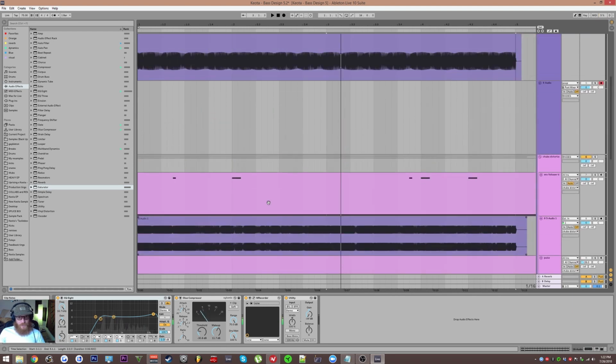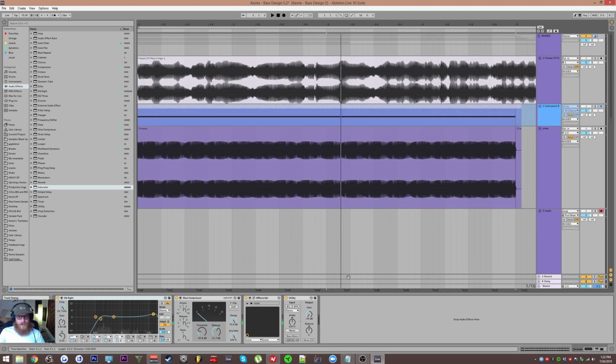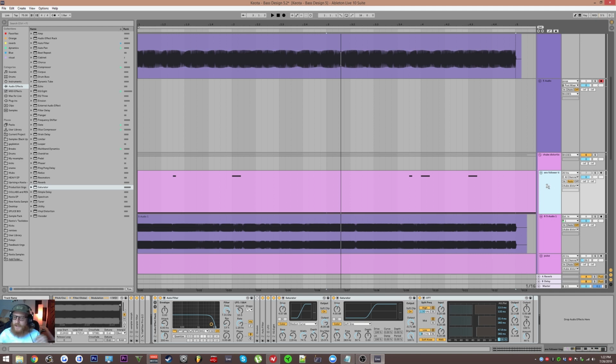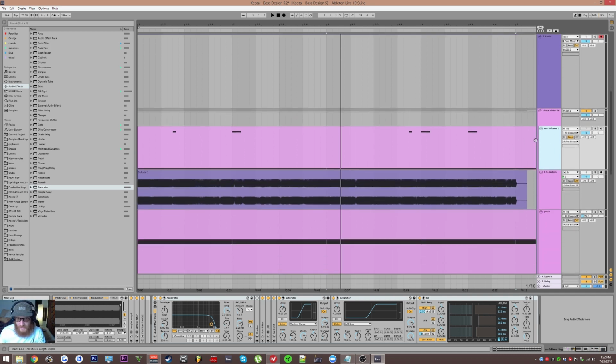Really, the cool trick that Copycat showed me, I had asked him one day, hey dude, is dynamic tube like a signature thing in your basses? Do you use that a lot? Because I feel like I'm getting some Copycat-ish sounds. And he was like, yes and no, you're not wrong, but it's basically tube distortion. It's like manual tube distortion. So basically the idea there is,